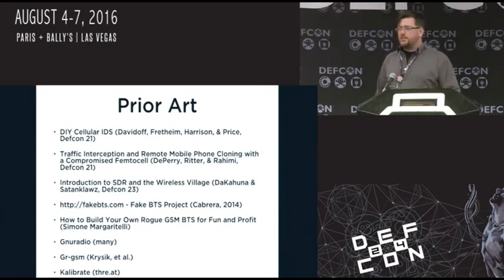So here's a hat tip and thanks to our prior art. DIY cellular IDS and traffic interception and remote mobile cloning with a compromised femtocell. That served as the original inspiration that kind of got me thinking in this direction, because you can get a femtocell for $250, or you can social engineer one out of Verizon for pretty